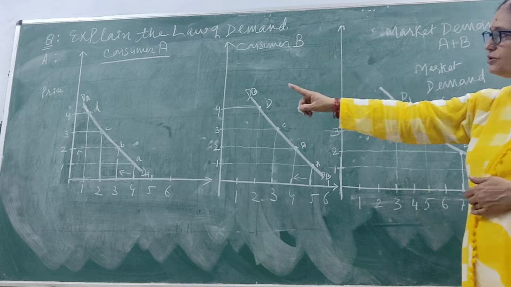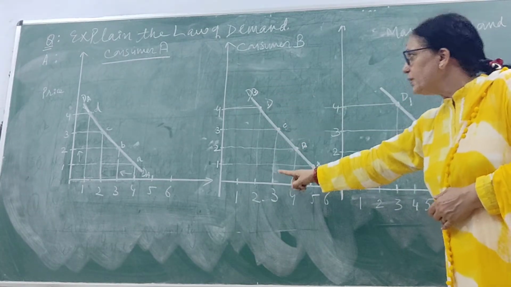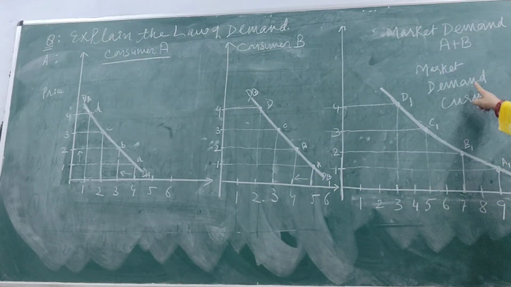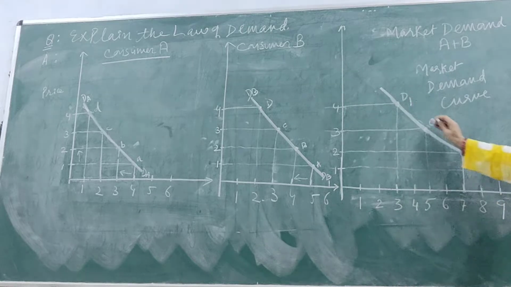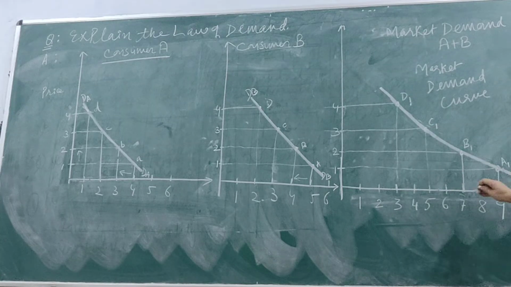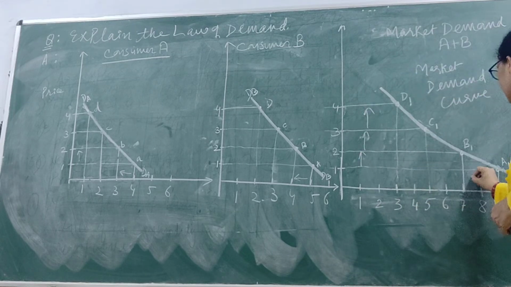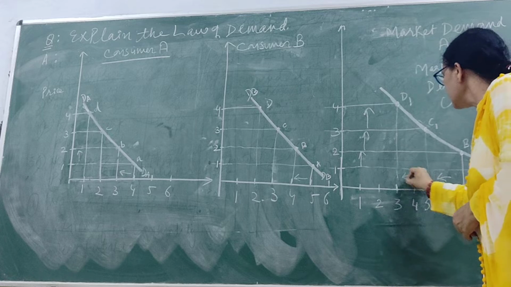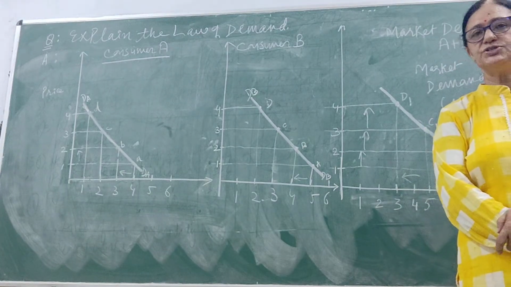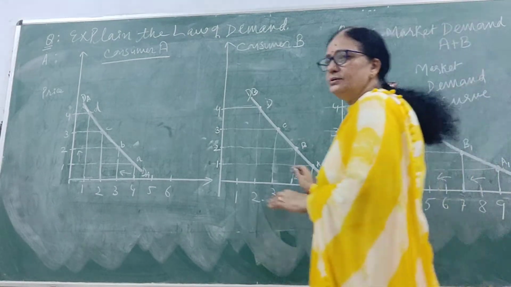Then at rupees 4 if you look, the demand is 1 by A. At 4 demand is 2 by B. So 1 plus 2 it comes to 3. Again the market demand curve is a negatively sloped curve. Left से right की तरफ जा रही है. It means that as the price is rising, the demand is falling. So market demand curve also establishes a negative relation between the price and demand by all the consumers in the market.